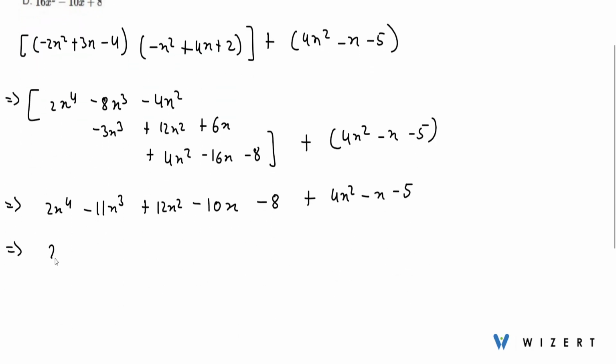So it will become 2x raised to the power 4 minus of 11x cube plus 12x square plus 4x square will become plus 16x square. Then we have minus of 10x minus x, which is minus of 11x, and minus of 8 minus 5, which is minus of 13. So ultimately we are going to have